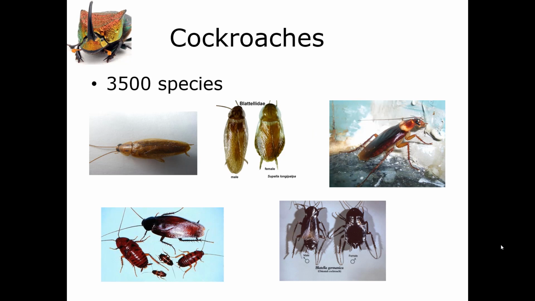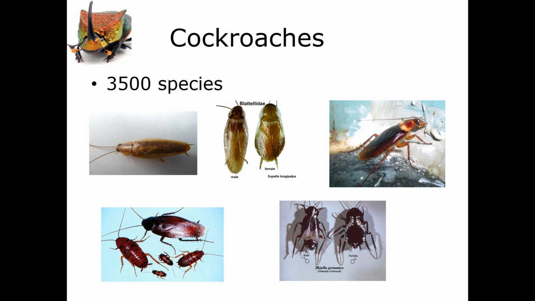So let's take a moment and look at the cockroaches. These are the ones that are most common in the US and the ones that you are more than likely going to run into. There are currently 3,500 different species of cockroaches out there. This is usually when I get a shudder from people who are first learning about cockroaches. But what's interesting is most of the cockroaches in the world are actually outdoor cockroaches that don't bother people at all. 55 of these cockroach species occur in the United States.